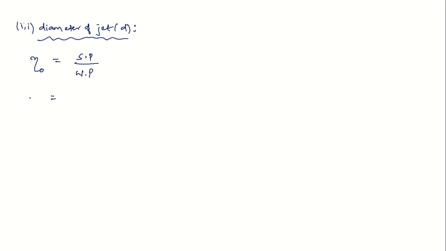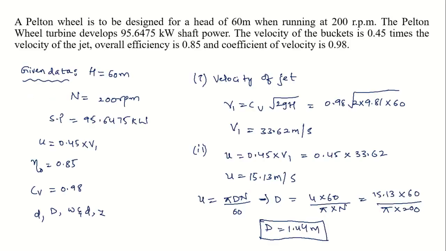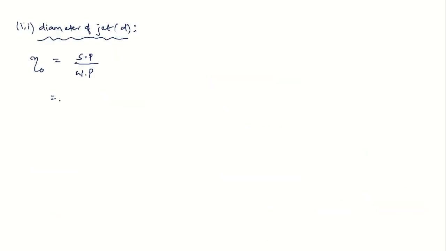Overall efficiency is given to us as 0.85 and shaft power is also given to us. So 0.85 is equal to, shaft power is 95.6475 divided by water power formula is rho g QH by 1000. Correct? So from here, 0.85 equal to